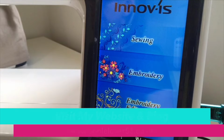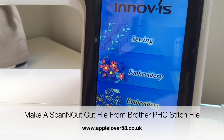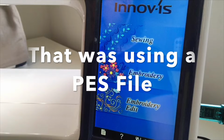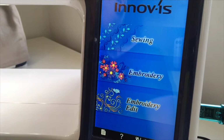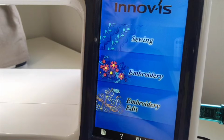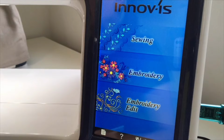Hi everyone. So in the last video I showed you how you could create a ScanNCut cutting file from a stitched applique file directly on the ScanNCut machine. In this video I'm going to show you how you can create a PHC file from a stitch file, which will then open in your ScanNCut machine, and you can create an applique cutting file again with it, but in